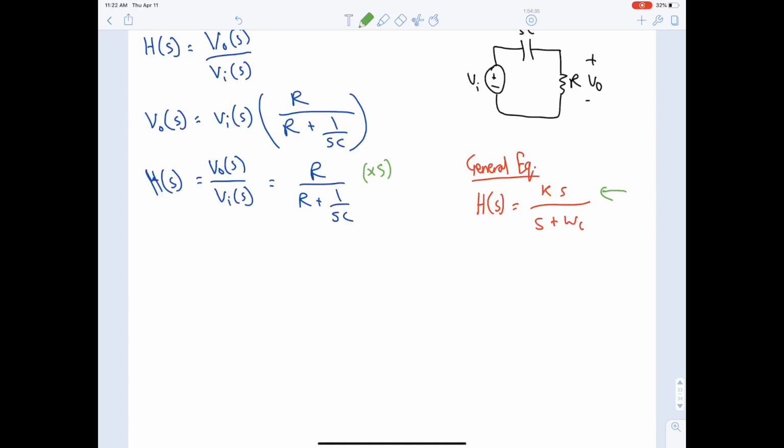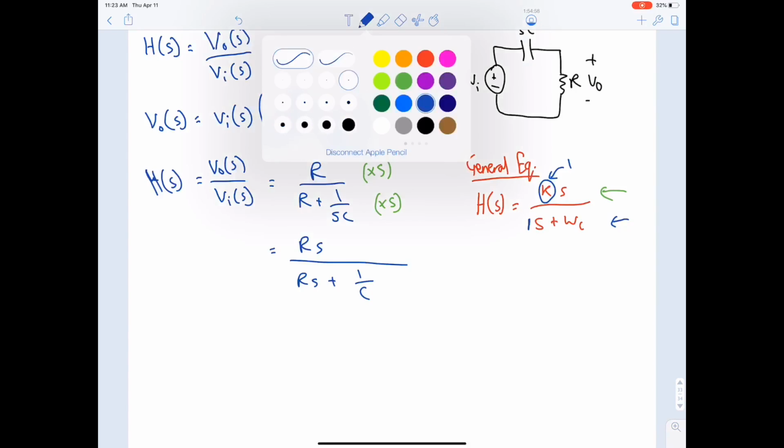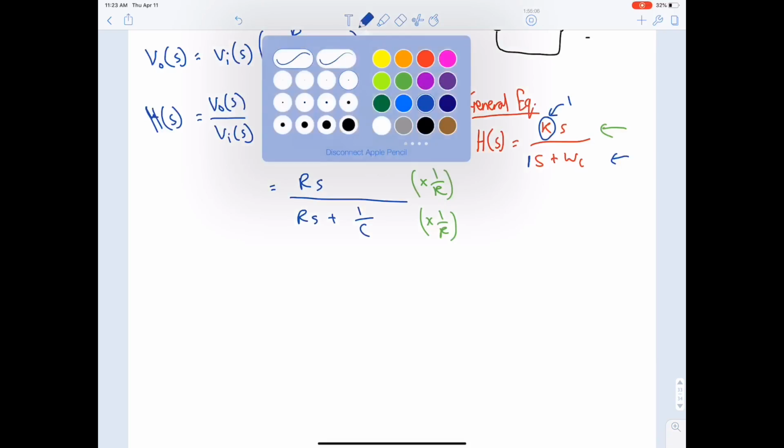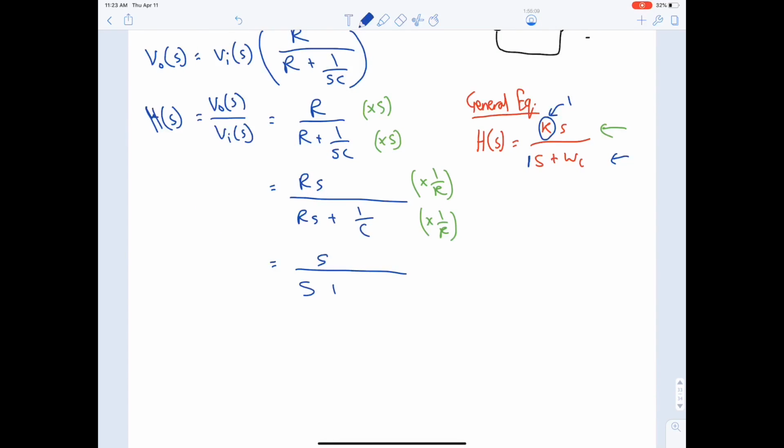to introduce an S. This will give us RS divided by RS plus 1 over C. Now, what is the coefficient of s in the numerator and the denominator? Here it's k, but k we said it's 1, and here it's what? It's already 1, right? So we need to get rid of r. Multiply by 1 over r, multiply by 1 over r. This will result in s divided by s plus 1 over rc. This is the final answer,